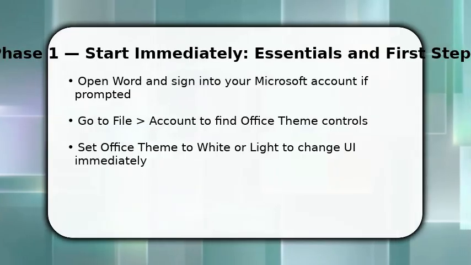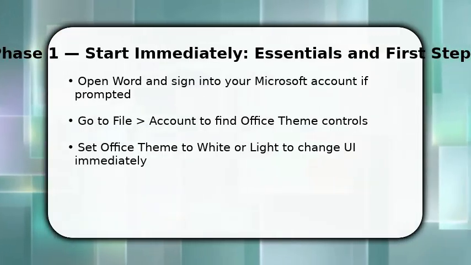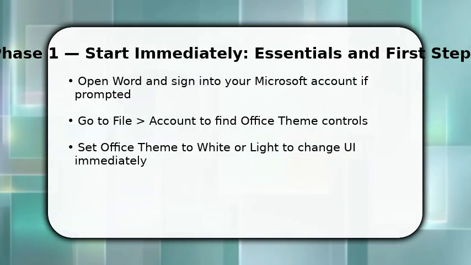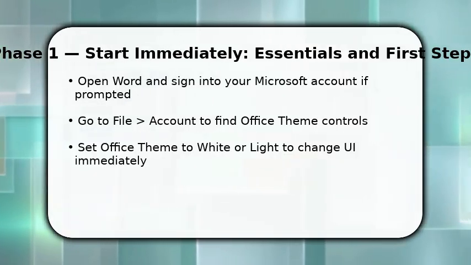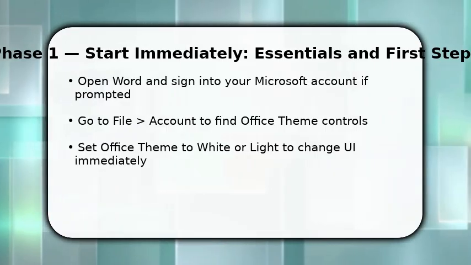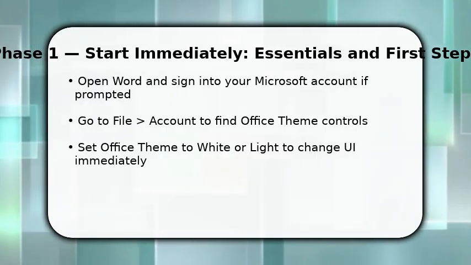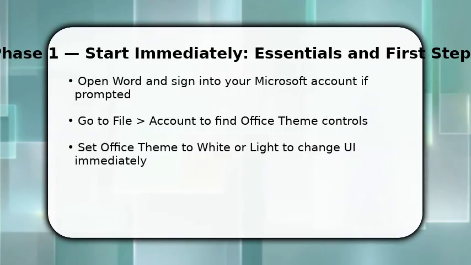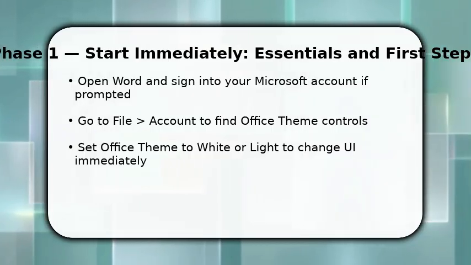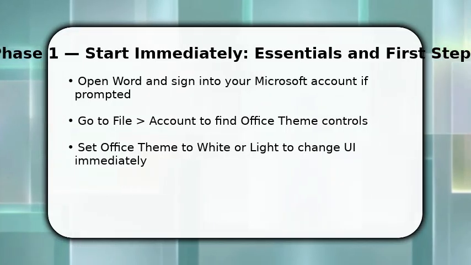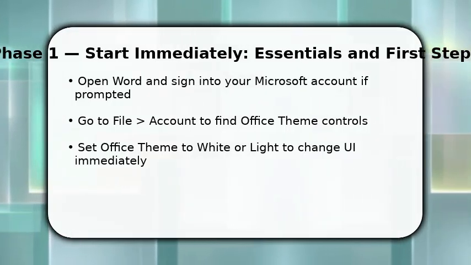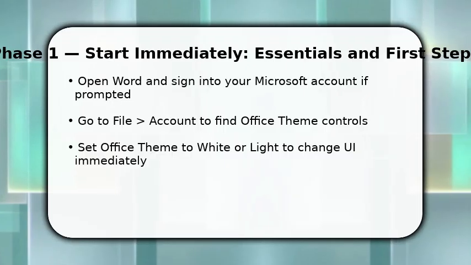You start by opening Word and moving straight to Visual Settings. This saves time. You will go to File, then Account, because Office Theme lives there. Choose White or Light from the Office Theme drop-down to force the interface into white mode. Once done, make sure to restart Word if elements didn't update immediately. This refreshes the UI. You'll see toolbars, ribbons, and window Chrome switch to a bright background for maximum contrast and